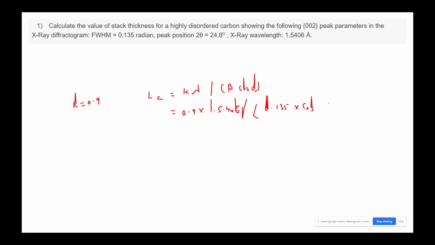So it is cos theta, so theta would be how much? If 2 theta is 24.8,